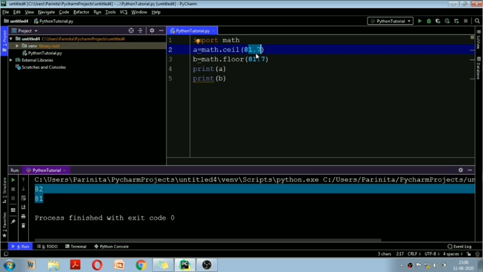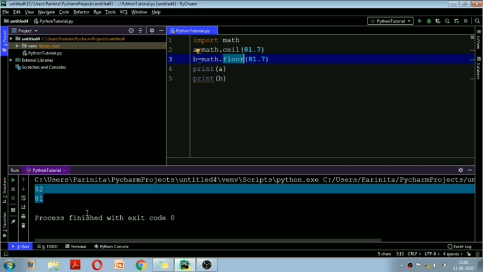So 81.7 is returning us 82. And if we talk about the floor function, it will return the number by rounding it downwards to its nearest integer. So 81.7 is rounded down to 81 in case of floor, and in case of ceil, 81.7 is rounded up to 82. Fine. So it is simple as that.